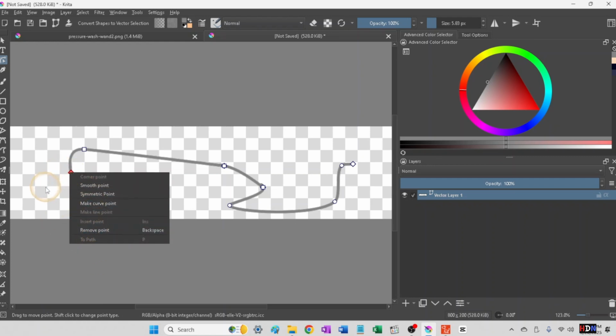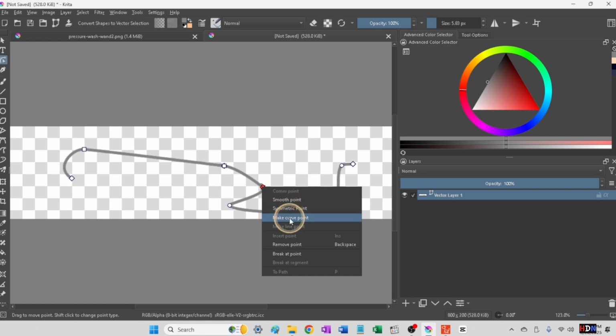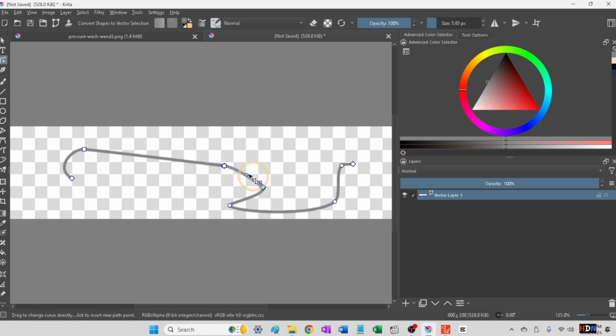Or I can remove a point, make a curve point. So it's got so much flexibility for me. Okay, so I can just keep on going with this and then line it up for John to have his pressure washing hose. So here I can just simply say make a curve point,